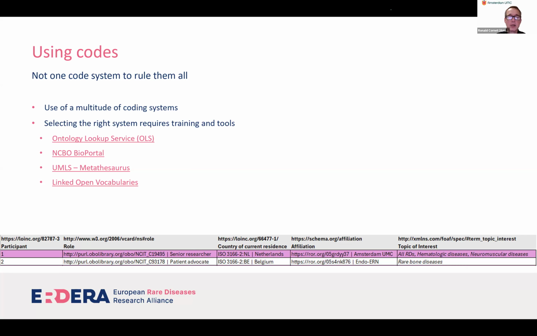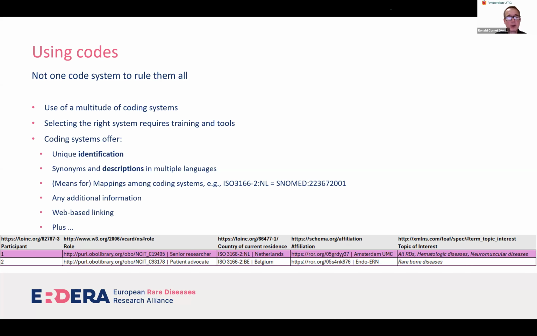Each of these bring together codes from a multitude of coding systems. And well, these systems helped me to determine that, for example, NCI thesaurus was a good choice to specify the roles like senior researcher and patient advocate.